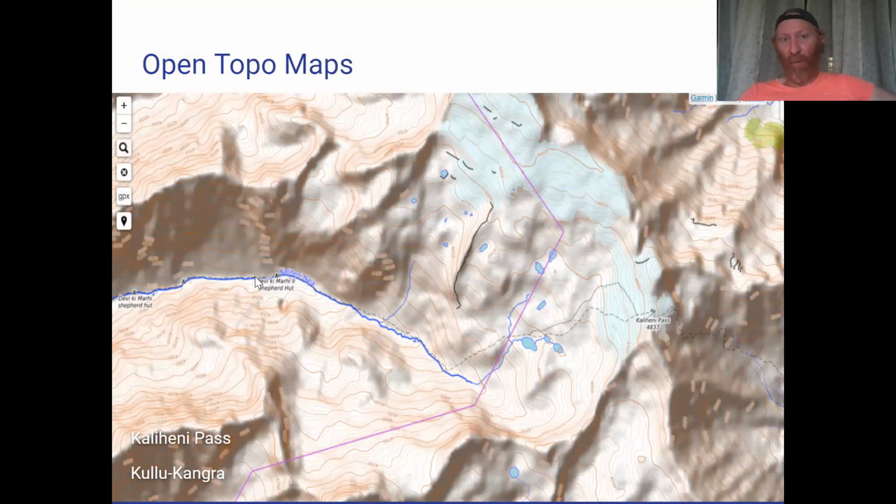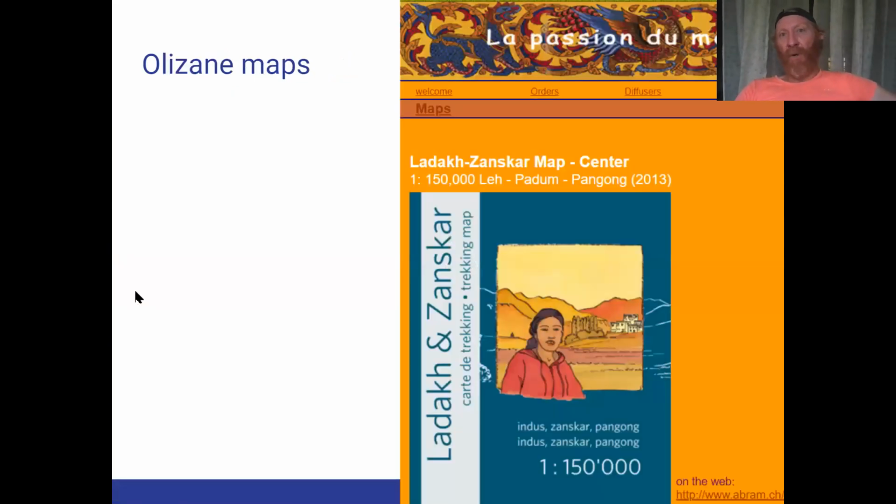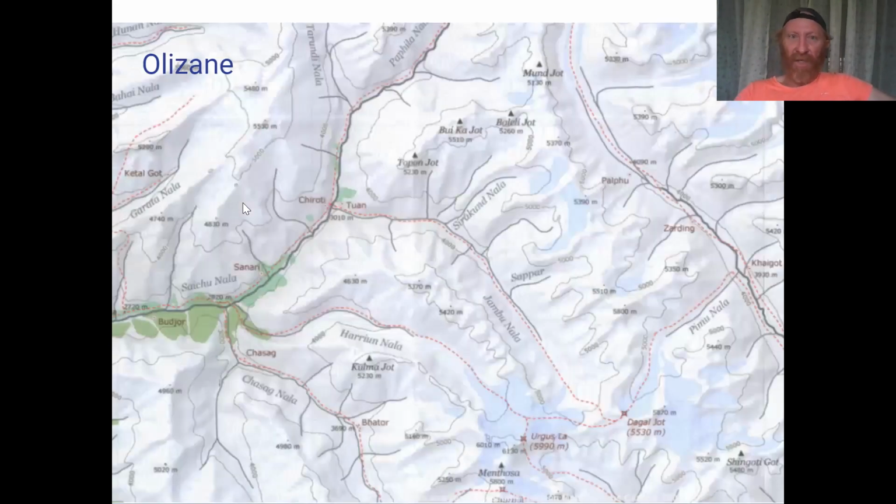Again, OSM is meant for hikers also, and will have shepherd shelters and suitable campsites with flat space and water sources marked. If you go down to certain paper maps, especially for the Ladakh-Zanskar area, we have the famous Olizane maps used mostly by Europeans hiking in Ladakh. So these maps are again very nice. They're pretty high scale,